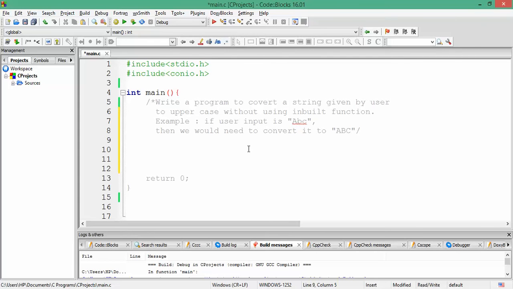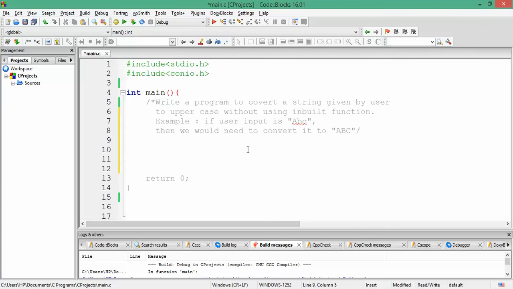Every character that can be stored in memory has got its own ASCII value. ASCII is American Standard Code for Information Interchange. So every character has got its ASCII value.